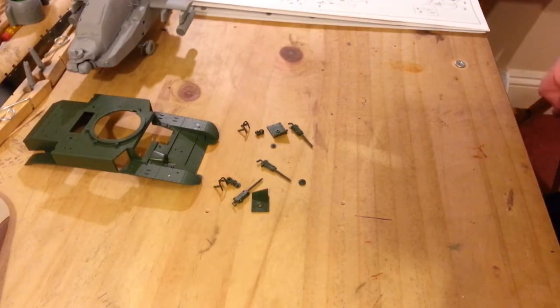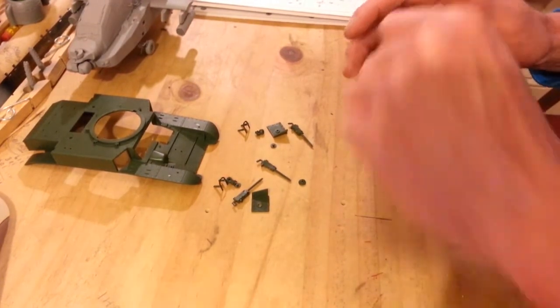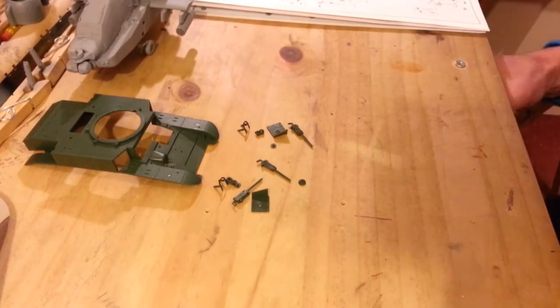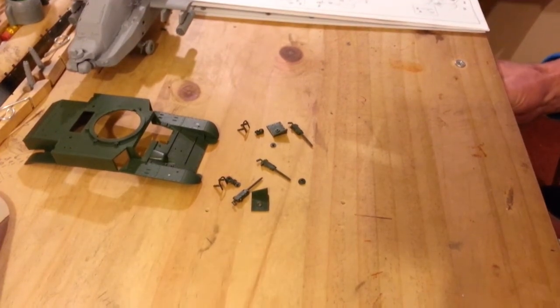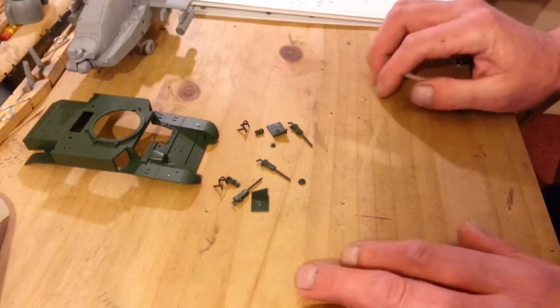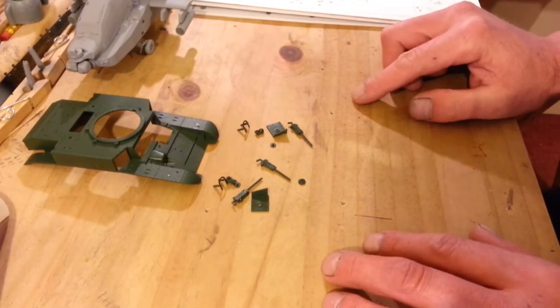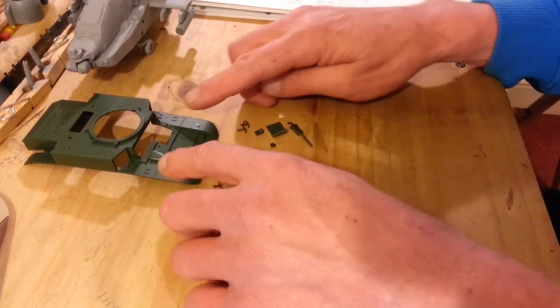Hello and good evening. It's 25 minutes past 8 in the evening ish. We just hit twilight, and for a change, can we see? Yep. For a change, do a bit to